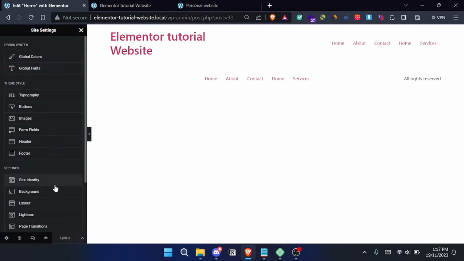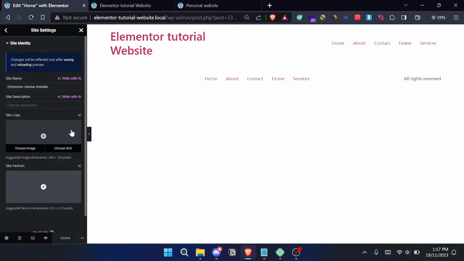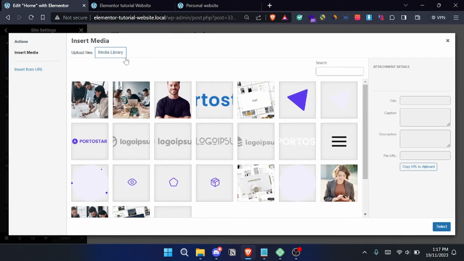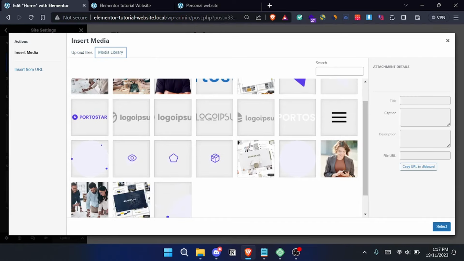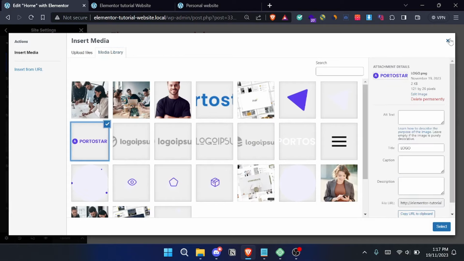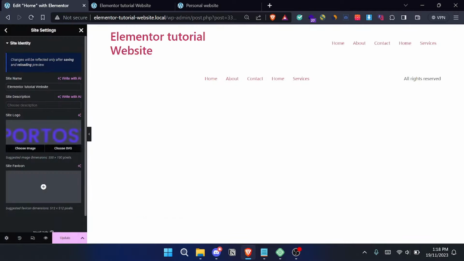And here you can go to site identity and set your logo and the icon that will be shown here. What will change it? You can select the media library and you can drop it from here. We don't have one for now, and for the icon I don't have the icon for it because it has to fit this size, but we'll just continue. Click on update,